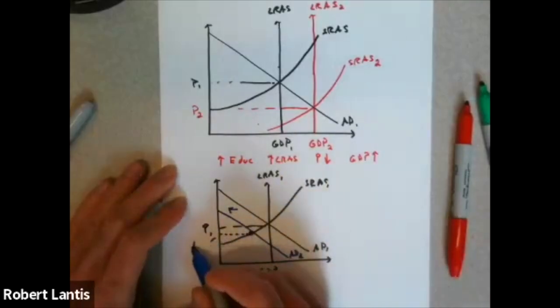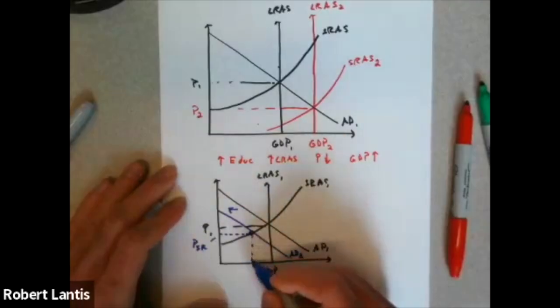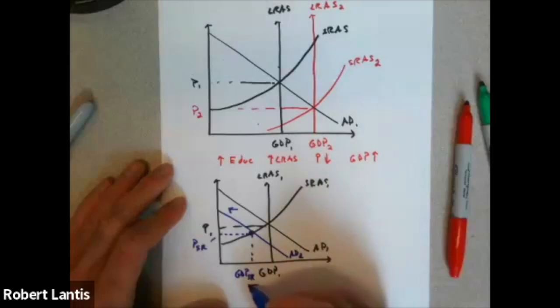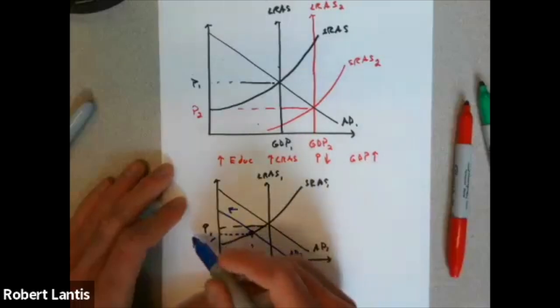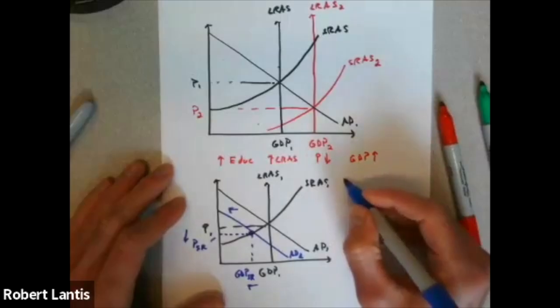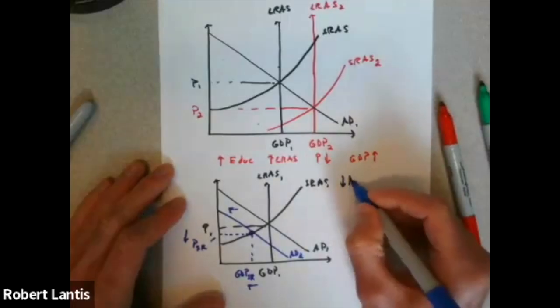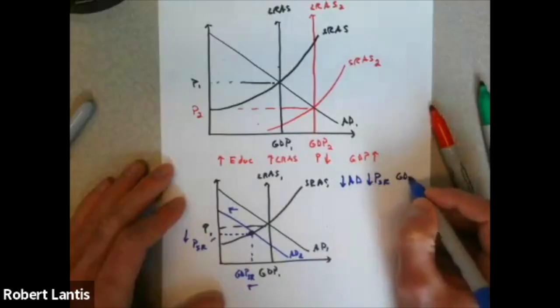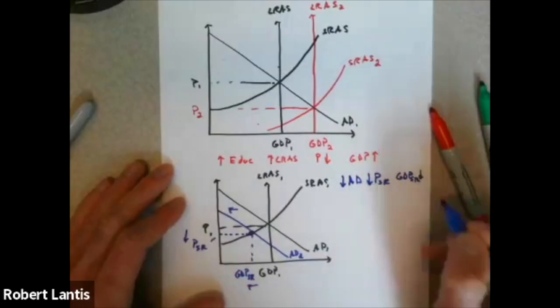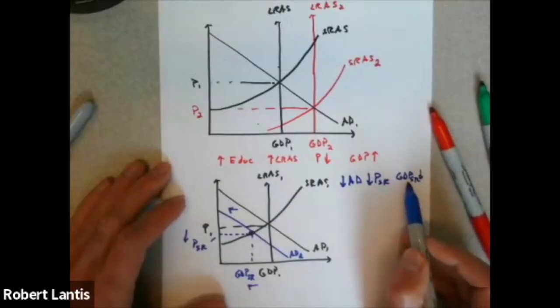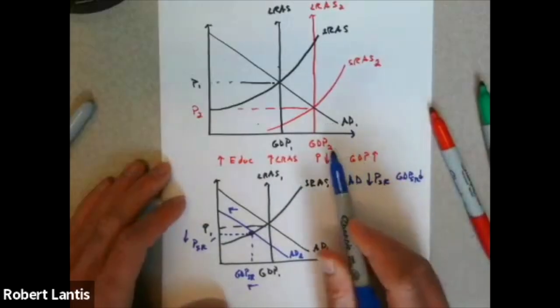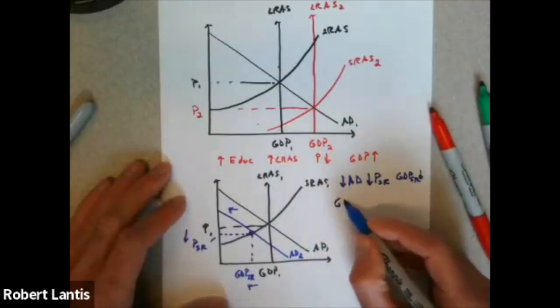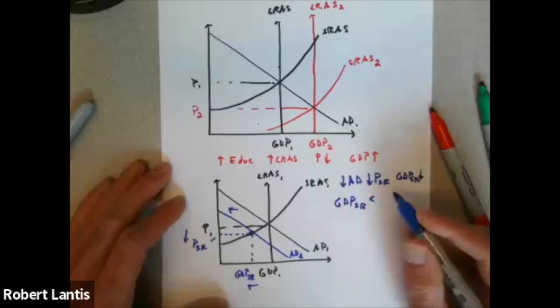My new short run equilibrium will be right here. So that's going to cause GDP to go down, and it's caused my short run prices to also go down. So this decrease in my aggregate demand will cause short run prices to go down and my short run GDP to go down. Well, if GDP is going lower in the short run and my long run GDP is going to be larger,